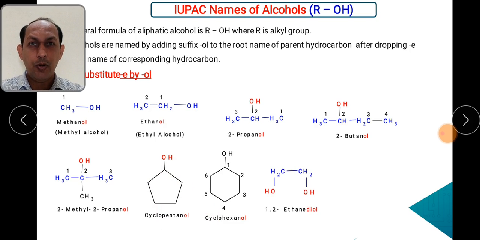Then if there are two OH groups, just like alkenes we have seen. In case of the alkene, we have to use the word diene. So in the same way, we have to use here the word diol. If there are two OH groups present in the same molecule, they may be attached to adjacent carbon atoms, or to the terminal carbon atoms, or they may be present on internal carbon atoms. But you have to use the word diol, specifying the number of that particular carbon where an OH group is attached.